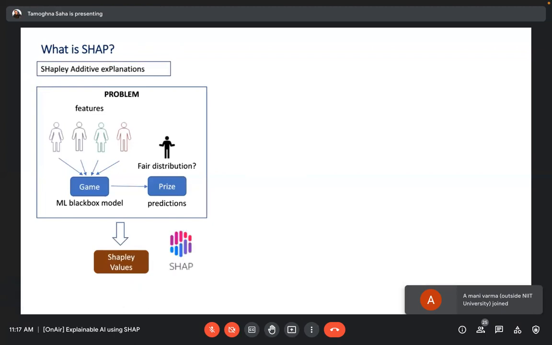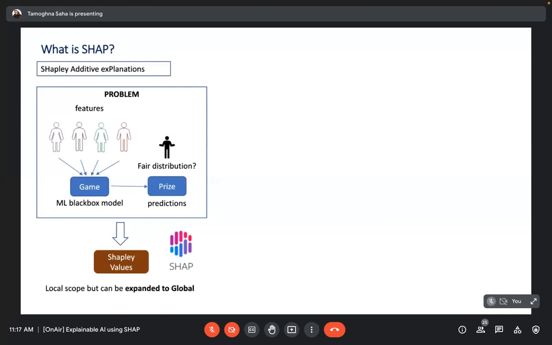One important thing: this is the icon of the official SHAP GitHub repo, where the two authors who published the paper back in 2017 derived this Shapley concept from cooperative game theory and implemented it in machine learning models to explain the contribution of each feature to the final, or predicted, outcome of a model, right? Now, the main thing about SHAP is that it is always going to be a local scope. You do it on an individual record level, but it can be expanded to a global scope, right?